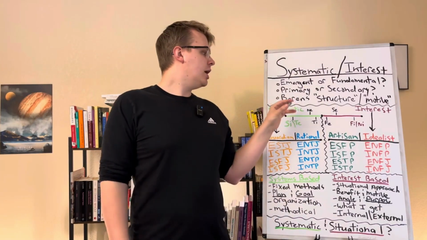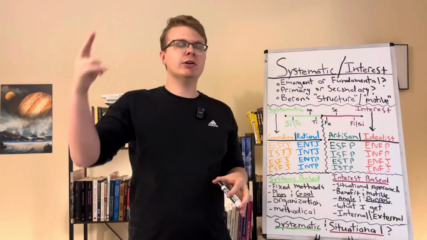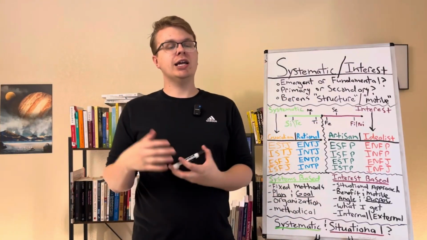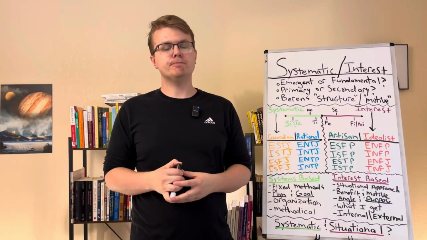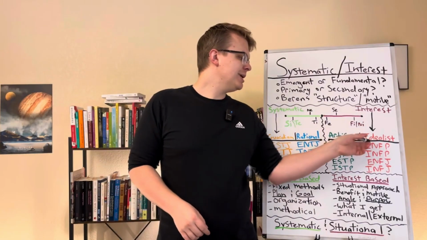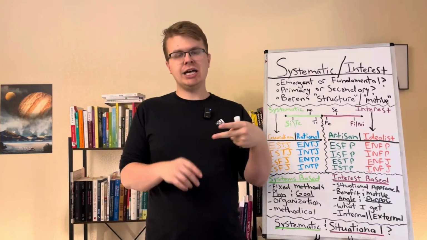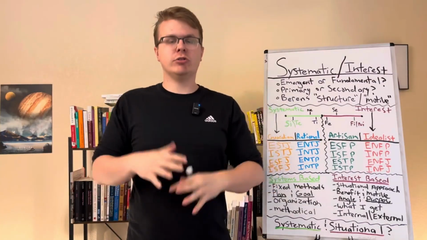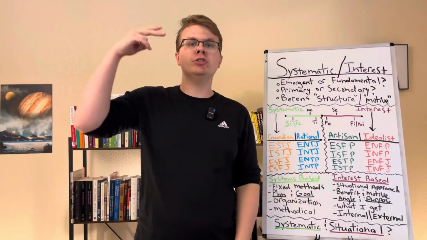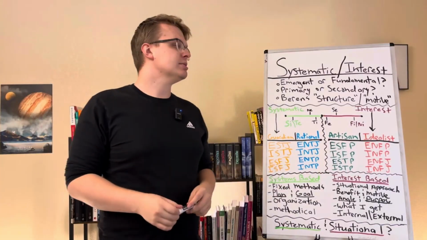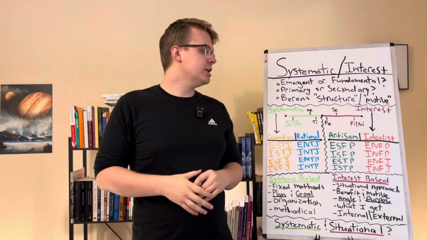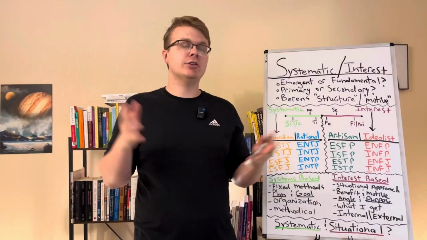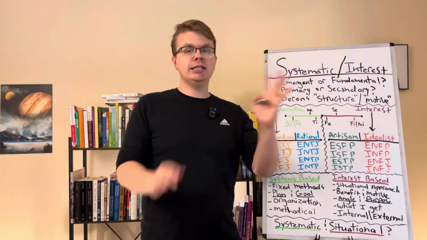So we have to be aware of not just what the hero and parent are, but where they're developed. If they're developed more into these functions, they're going to take on the capacity for more interest-based. Likewise, if you meet an ENFP who's developed more into their SI and TE, they're going to come across more systematic, because guess what? They are more systematic than an ENFP who's just developed more into their nemesis, okay? So again, there's a dynamic here that's not just static, it's very dynamic. The dynamic is dynamic.